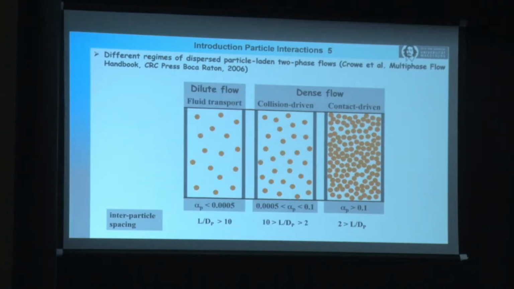A nice picture was also drawn by Otto. He distinguished these three regions. On the left-hand side, we have the very dilute system, fluid dynamic transport of the particles. So when L over D is larger than 10, then in the intermediate region, here are the volume fractions up to 10%, and the interparticle spacing is between 2 and 10. Then you have the collision-driven regime, so you have very frequent interparticle collisions. And then on the right-hand side, you have the contact-dominated regime, where the interparticle spacing is less than 2, volume fraction more than